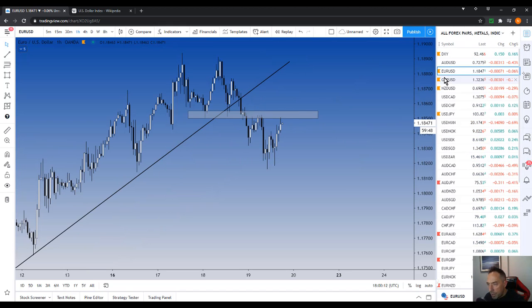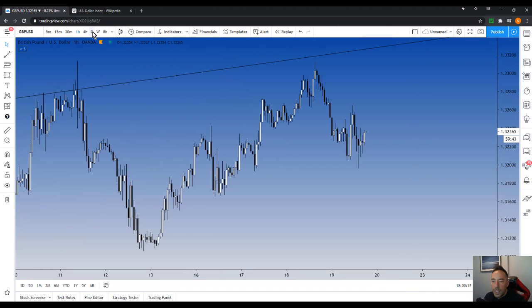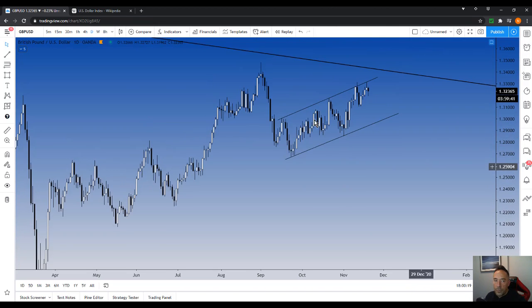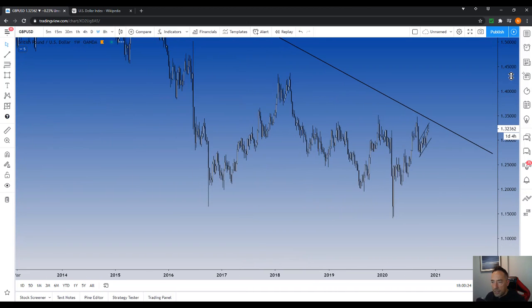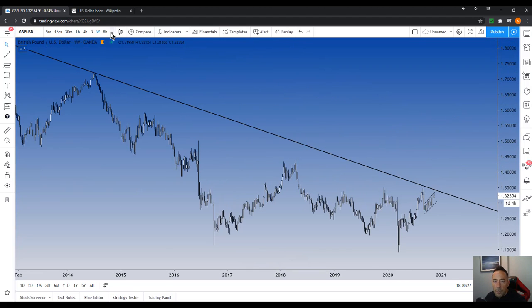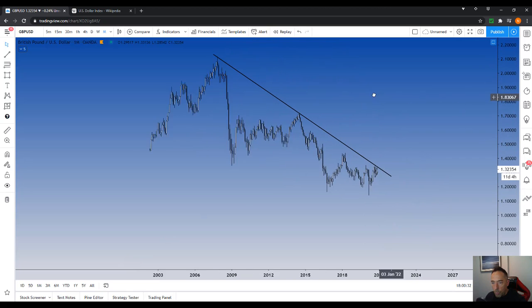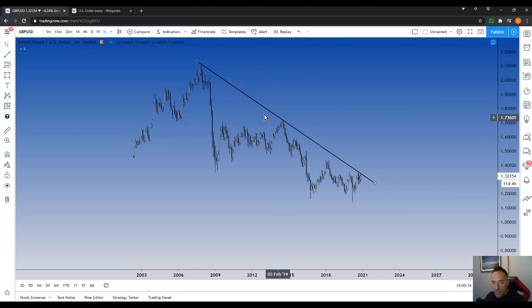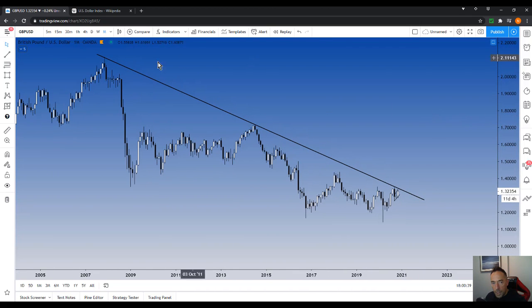What else do I want to look at? I want to look at pound USD because pound USD is in a really interesting zone. Okay, let's just look at the bigger time frame first of all. I need to drop to the monthly. Okay, we're at the top of this descending trend line. Okay, 1 touch, 2 touch, and just about had a 3rd touch there. Okay, now within this trend line,